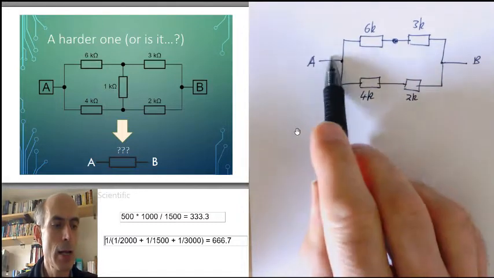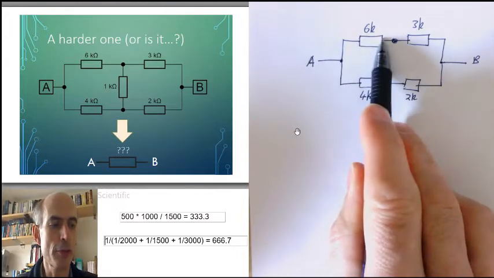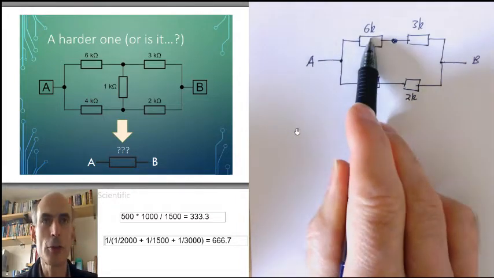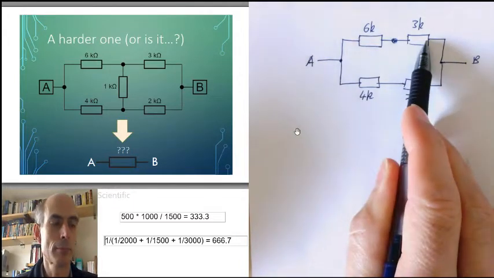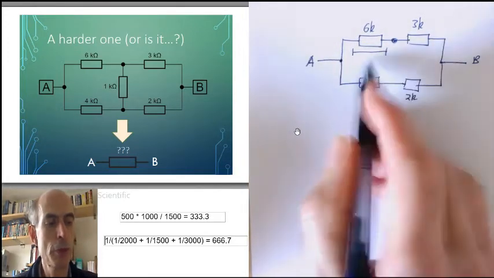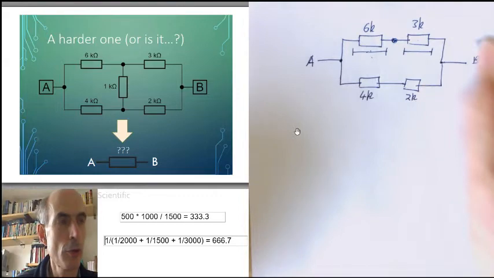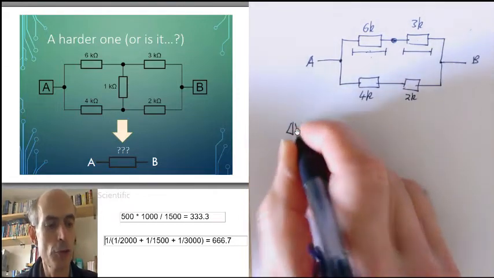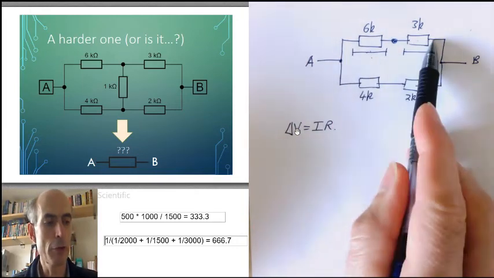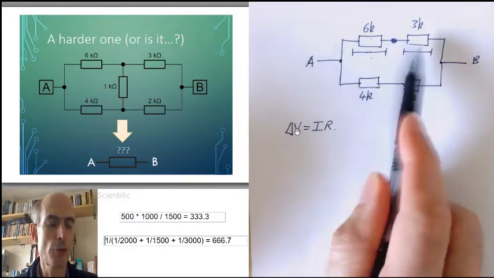Well, this is the potential divider. The same current must be flowing through this resistor as is flowing through this resistor. But this resistor is twice as big as this resistor. Therefore, the voltage across this 6K must be twice as big as the voltage across this 3K. We know that for any resistor, the voltage across it is the current flowing through it times the value of the resistor. They have the same current flowing through them. This resistor is twice this one, so the voltage across this one must be twice the voltage across that one